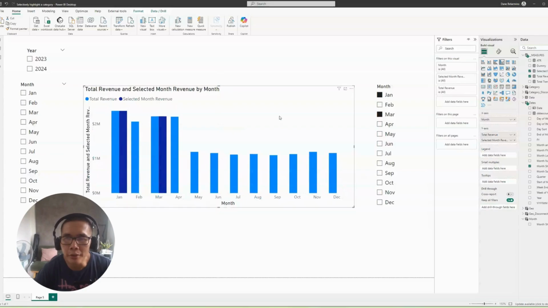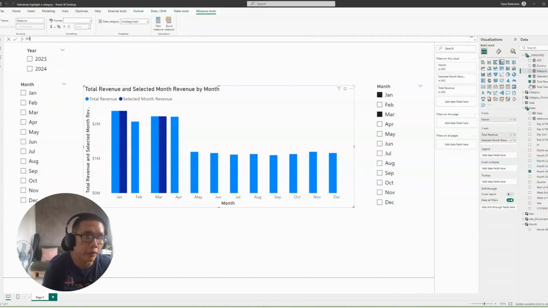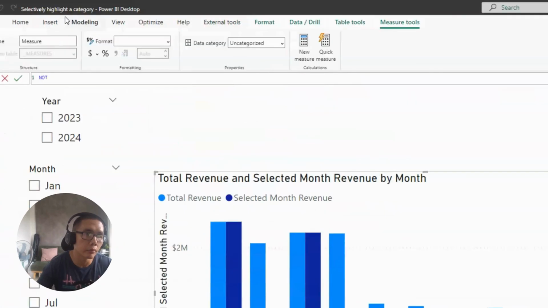Now, we need to tidy this up a bit. What we want is whatever is selected gets highlighted, but we don't want to show the original total revenue measure as well. So let's create another measure, and let's name this Not Selected Month Revenue,